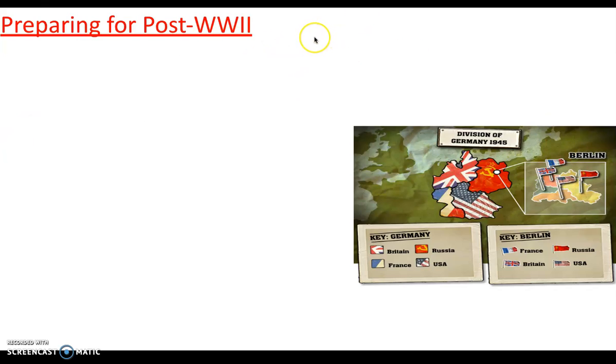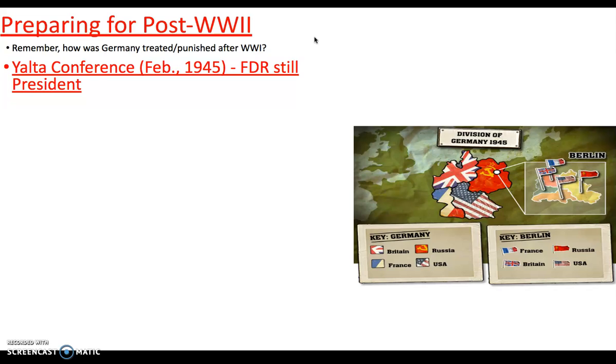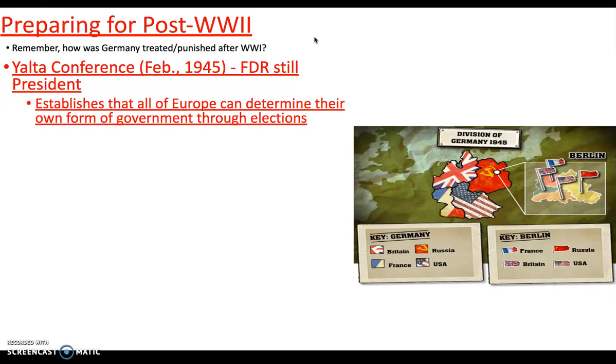So preparing for the post-World War II world, essentially, so looking at it from the political aspect. So at the Yalta Conference, this is before World War II actually ends. We still have Franklin Delano Roosevelt as president. He just gets elected to his 4th term. He'll pass away, unfortunately, in about 2 months. Goes to Yalta, which is in Russia, all right, and meets with Winston Churchill, the Prime Minister of Great Britain, and the current Soviet head, still Joseph Stalin.